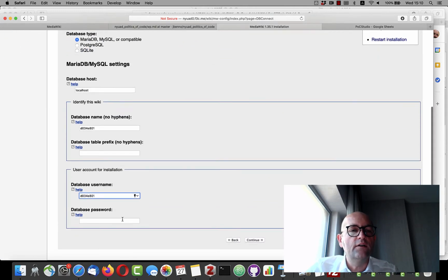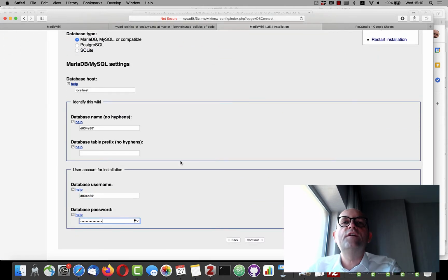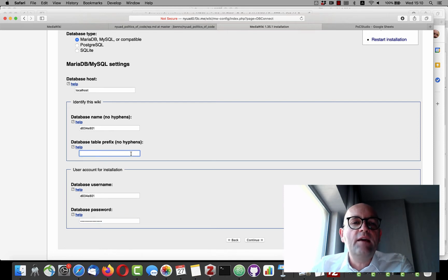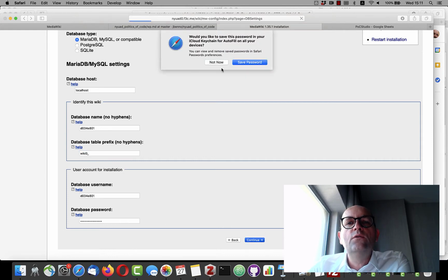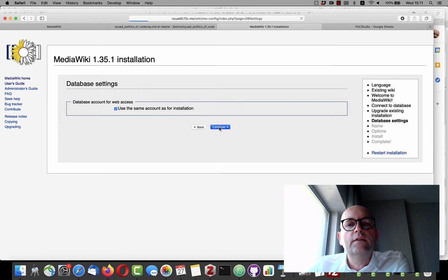It's the same as our WordPress installation, and this, of course, requires a bit of attention and carefulness, because we have to give table prefixes, not to overwrite each other's tables. So I would have here maybe the prefix wiki0_. So 0 is kind of the list of 17 numbers, 0 to 17, the numbers that I've assigned to all of us. And so wiki0 would be my prefix. So let's continue. And continue further.